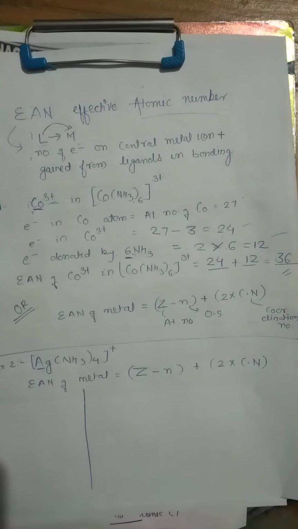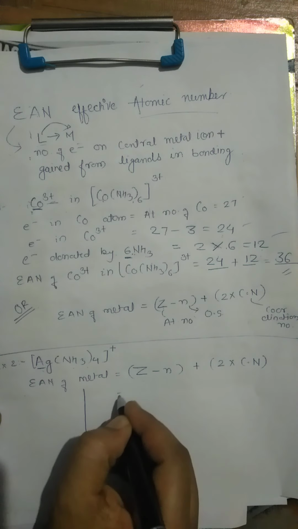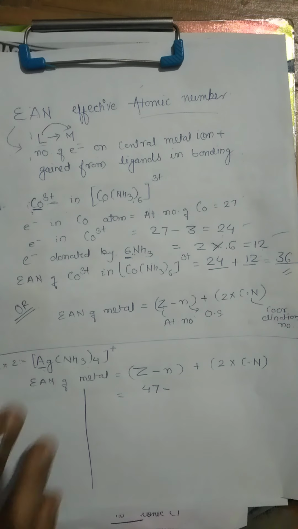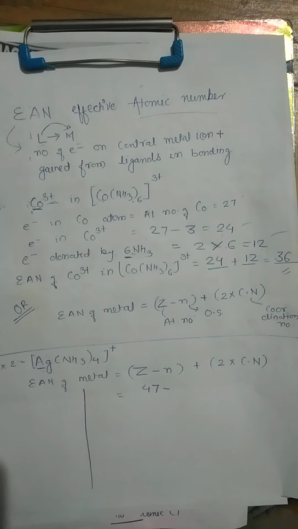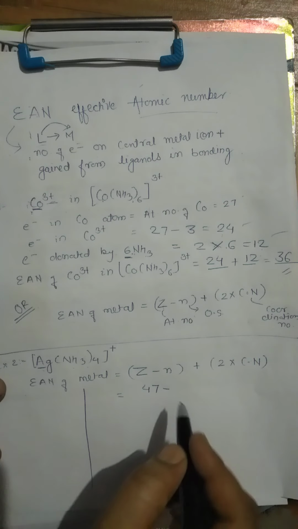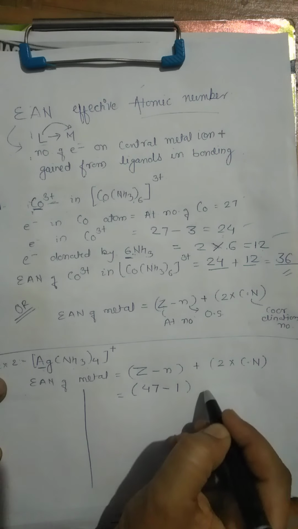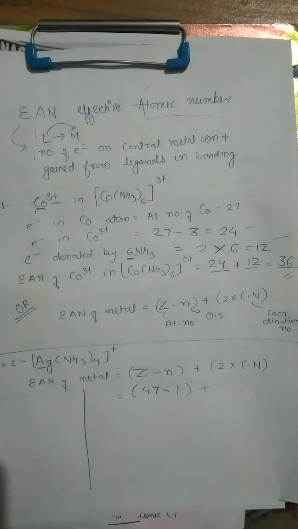First we will check the Z. Z means atomic number of silver. What is the atomic number of silver? Ag is nothing but 47, minus. Now N means oxidation state. What is the charge on the silver? Always it is plus 1. Okay, now put it here. Plus. Now